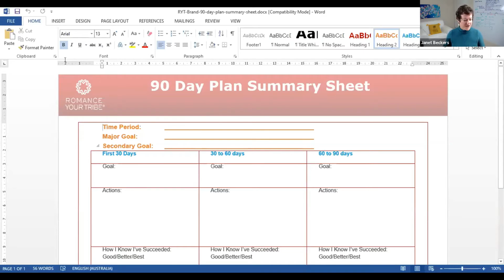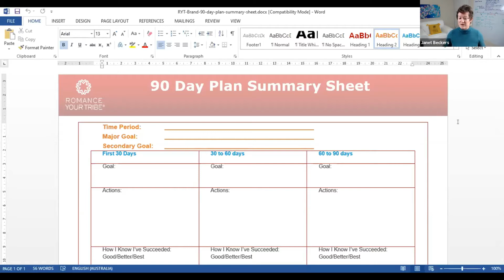Awesome. Okay, so this is the 1-page plan. I'm just going to walk you through what is included in there, and then we're going to go through and I'll give you an example, because I just find the easiest way to do these things is to actually work through a case study. So that's what I'll do. I'll work you through a case study of a client that I worked with, and I'll show you how we worked out what we did.